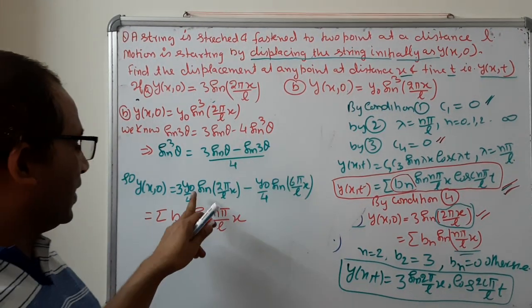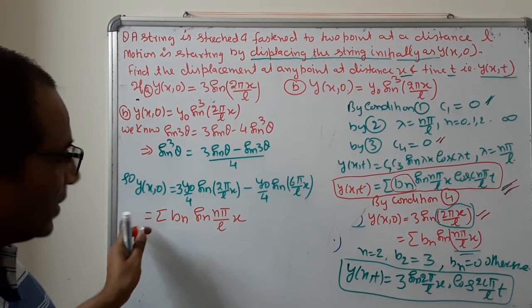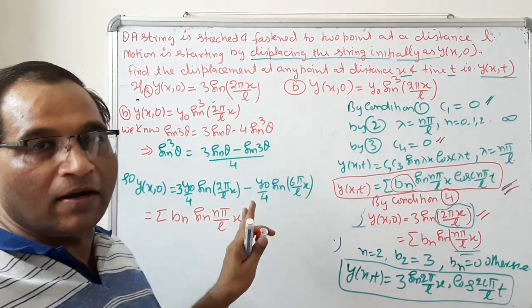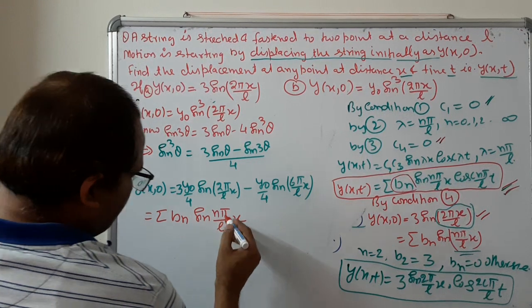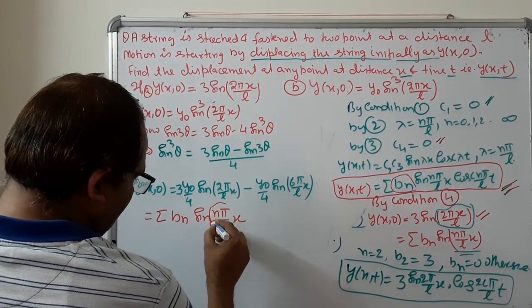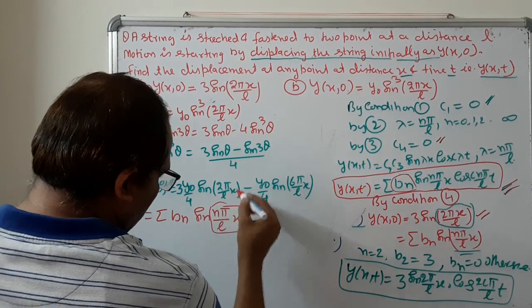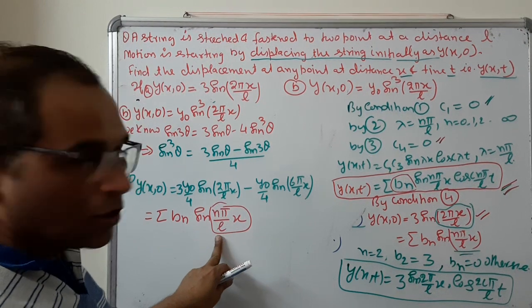Now you can see that on the left hand side there are two terms and the right hand side is a sigma. Sigma means infinite terms. So out of these infinite terms, only two terms will exist. Which two terms? So we compare the angle. Just compare the angle, this one n pi x upon L, and there is sin 2 pi x upon L. If we compare these two, we get the value of n is equal to 2.